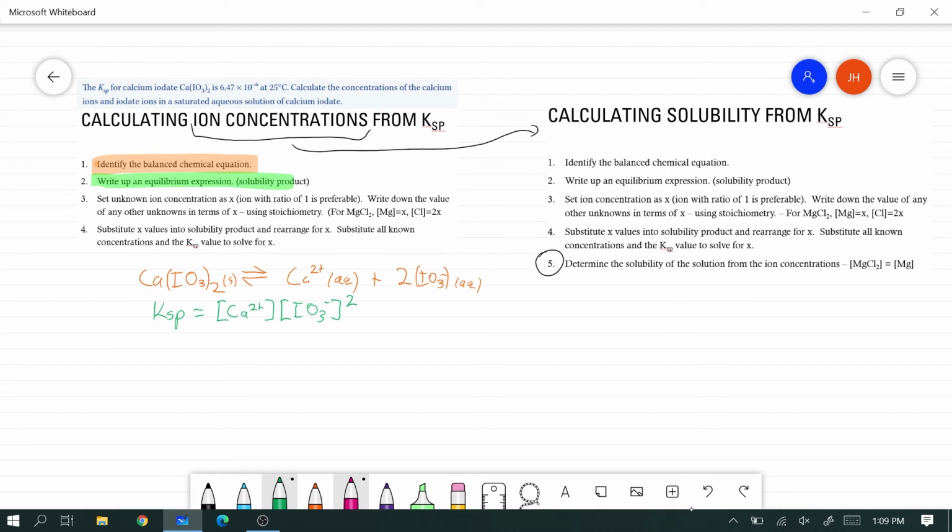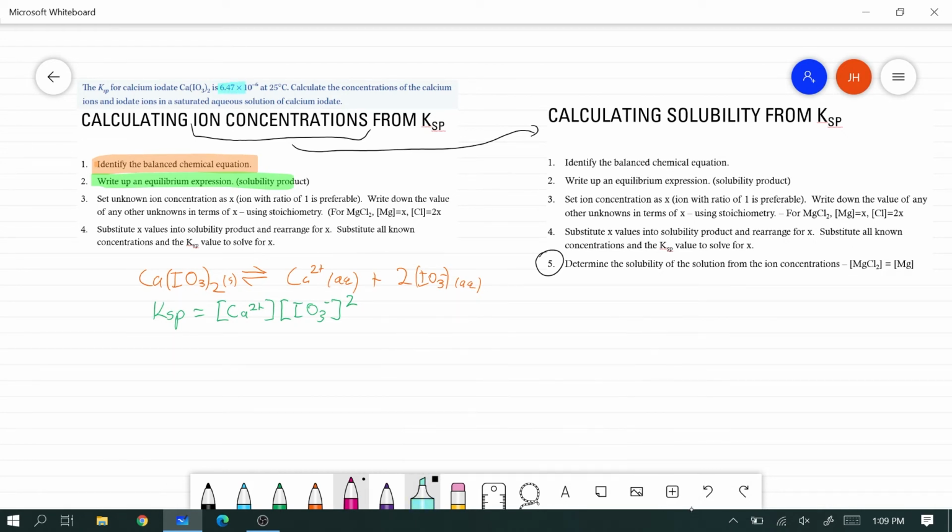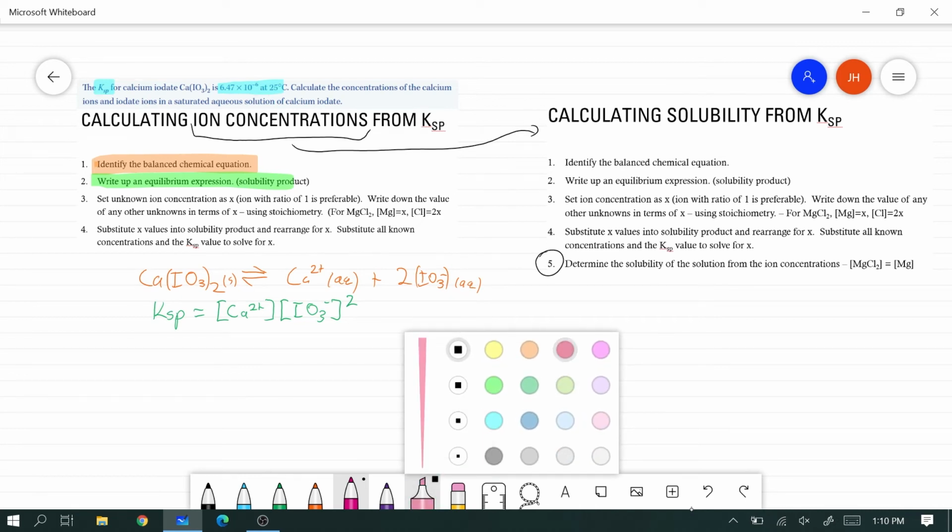Now, in this question, what we have been given is the KSP value for calcium iodate. We haven't been given the concentrations of those ions. That's what we're actually being tasked to find. So what we need to do next is do a little bit of work to set